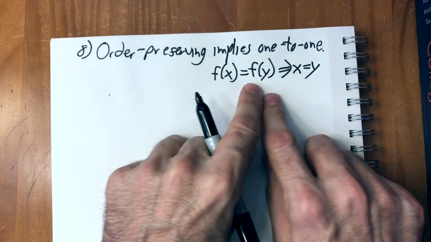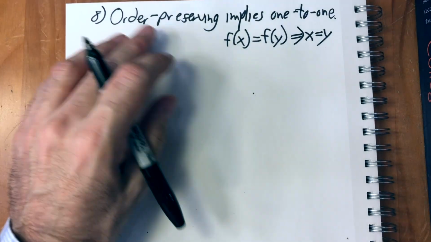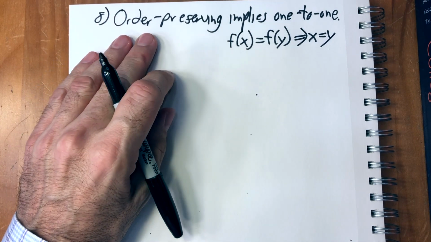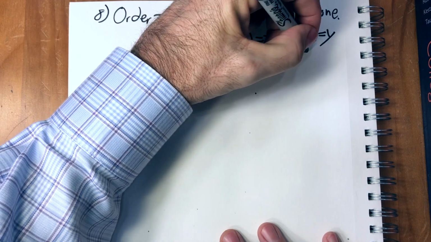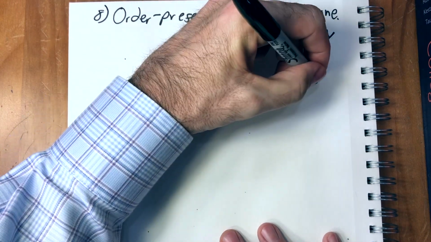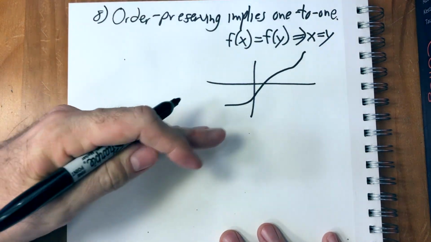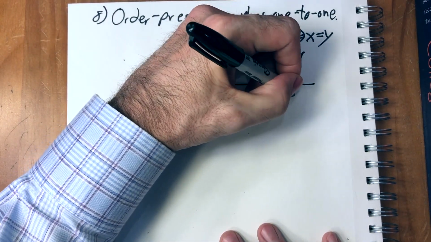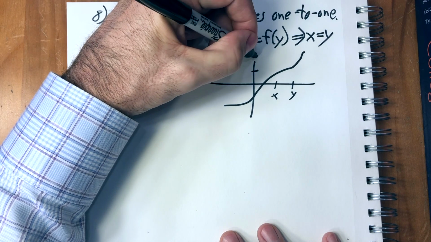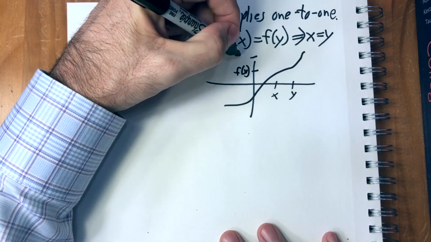So we've been looking at it from an equality. But there's another way that you can do it, which is looking at the relation between them. Because if the function is order preserving, that means that it's monotonic, it's always increasing. So if you have an x and a y here, then f of x and f of y are going to have the same